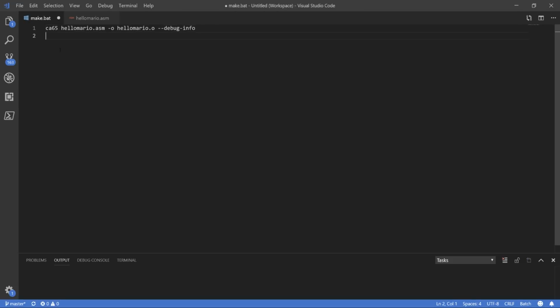The next line we want is to invoke the linker. The linker, LD65, will take the .o file and turn it into a .nes file, which can be run in an NES emulator. So we write hellomario.o. We want our output to be hellomario.nes. We specify the -t flag for the type, which is nes, and then --dbgfile, which just tells it where to put that debug information that we want, and we type hellomario.dbg,